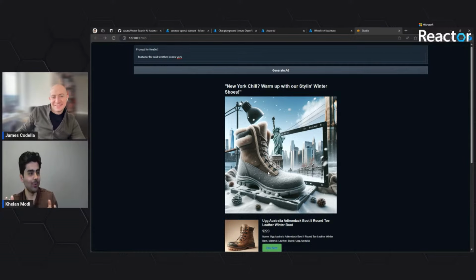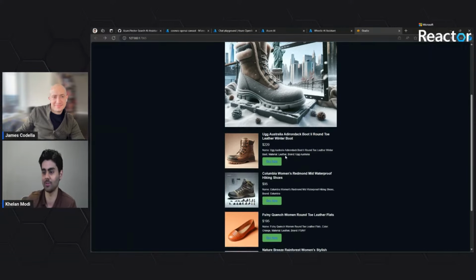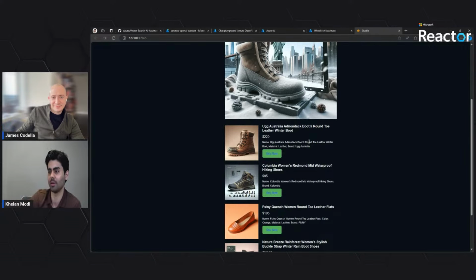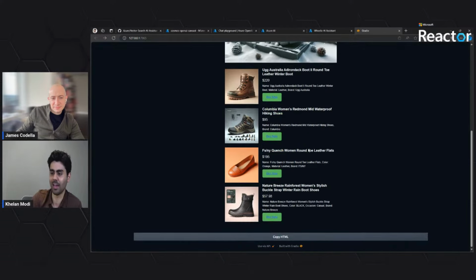And also it has a very cool tagline for your advertisement website. As you can see, New York chill, warm up with our styling winter shoes. This might sound a bit cheesy, but these are how these advertisements are built. You can even change the sensitivity to give you a better prompt based on what you're looking for. As you can see, the first boot it recommended was the Bootly Round Tee Leather Winter Boot. And we have a bunch of different recommendations for